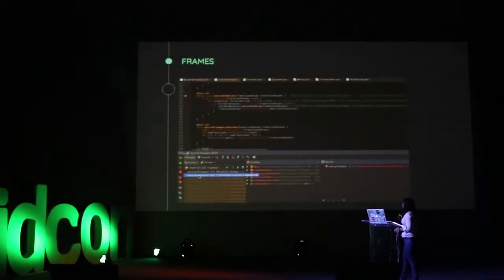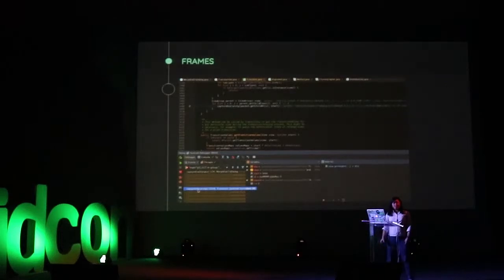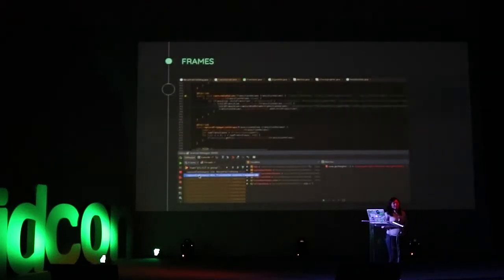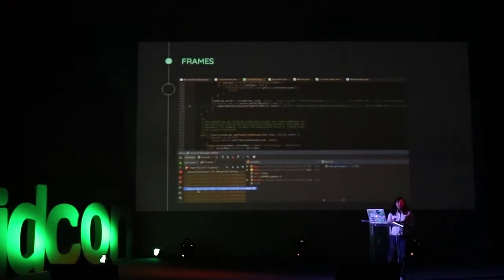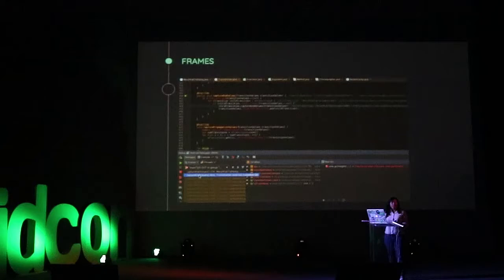The first window is the frames panel, the one on the lower left. Your right. My right, your left, my right. So the one in the corner right there. The frames window shows you all the calls that were done until you hit that particular breakpoint. Each line of code and each method call that was done is listed there. And if you click on each particular line, it will open the file directly on that line.